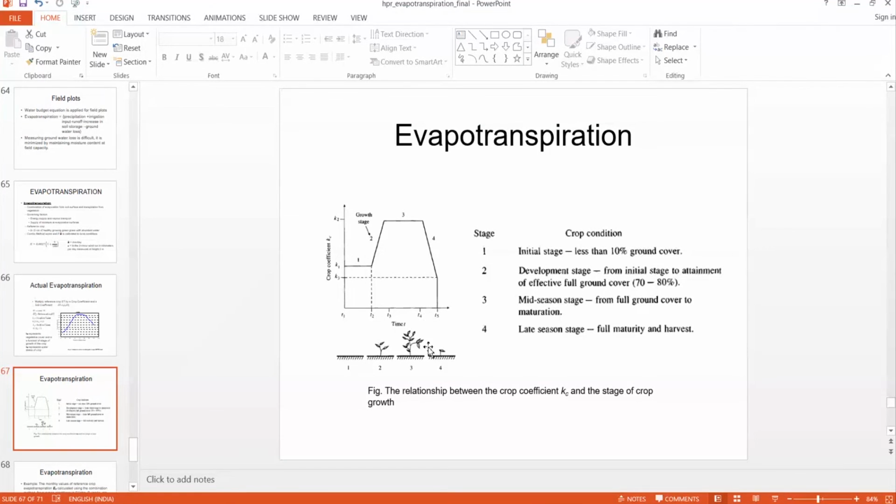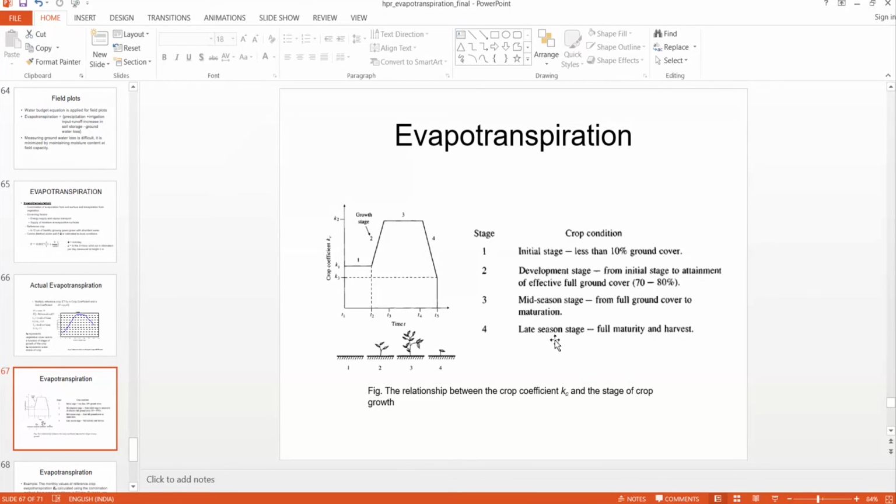But once it is reaching harvesting, it doesn't need water, so we have to cut off the water supply. You can see that the KC value changes in this way. These are 4 stages: initial stage, development stage, mid season, and late season. In the initial stage it only reaches around 10% of water. During the development stage it requires around 70 to 80%, and mid season it needs 70 to 80% of water. Then in late season, when it reaches full maturity and is ready for harvesting, the water requirement is less.